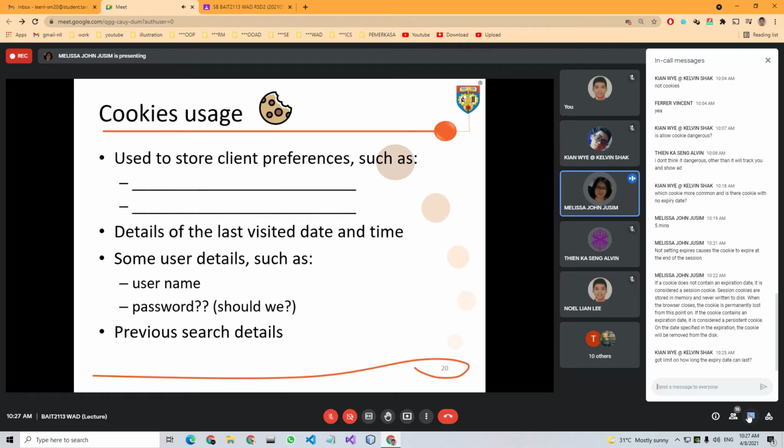Oh, this one is in white hat security. Did someone ask about set cookie expire? Oh, everyone is actually talking about the session cookie. Let me see the persistent cookie, how to differentiate between them.